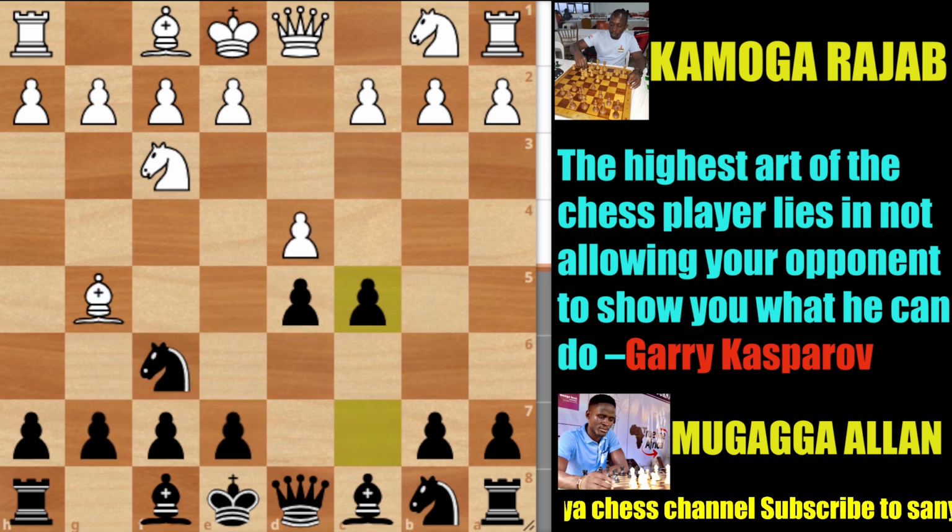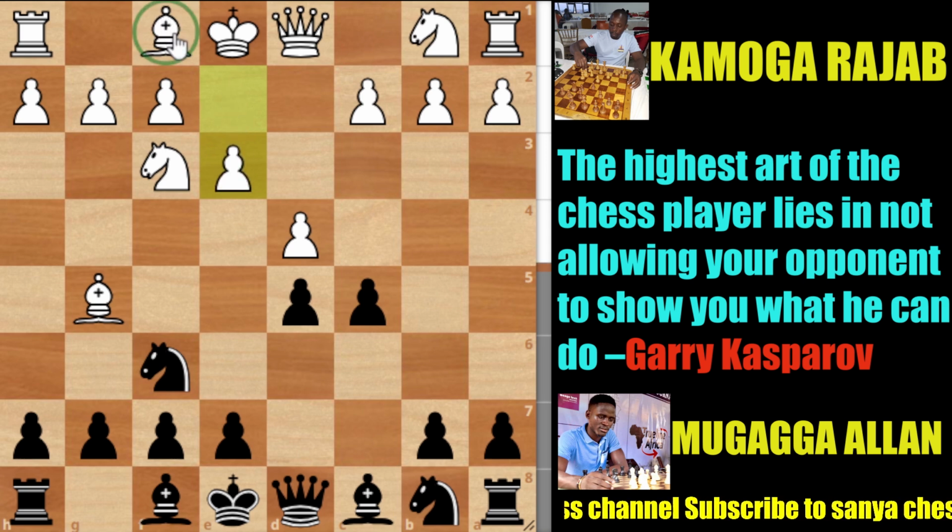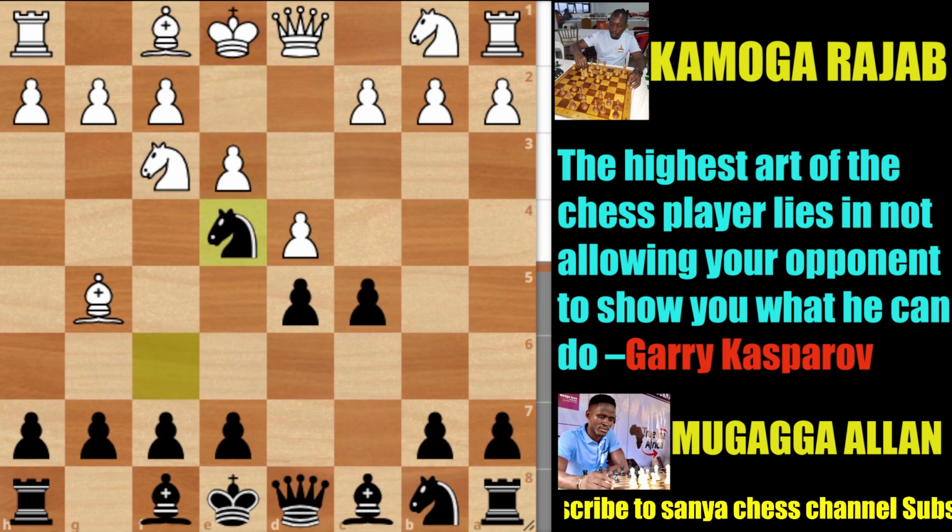After c5, Rajab played e3, trying to open up for the bishop, which is on f1, knight e4. Now knight e4 is immediately attacking the bishop, which is on g5. So it was very wise of Rajab to go ahead and play bishop comes to h4. Rajab played h4, which was a tempting move to play in the position.